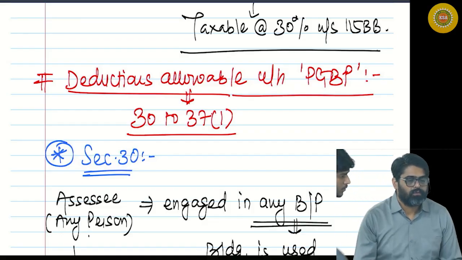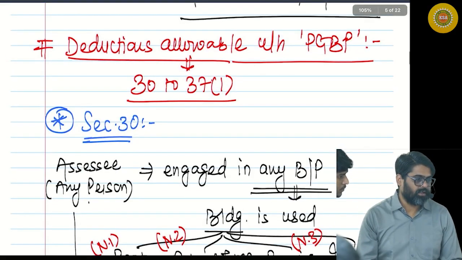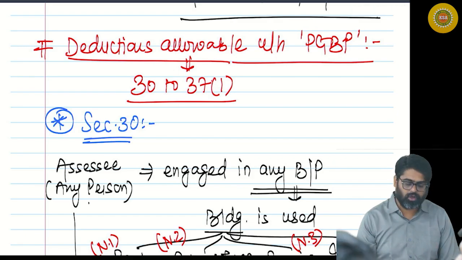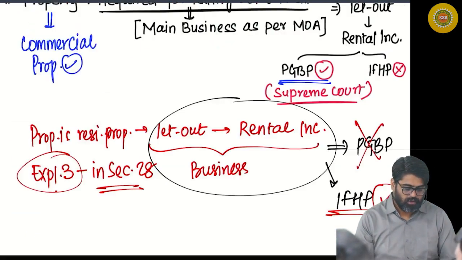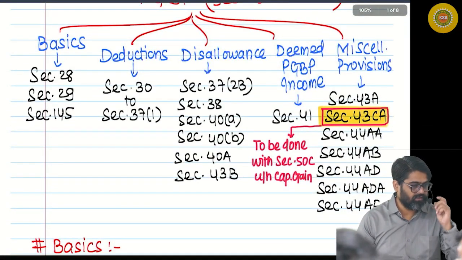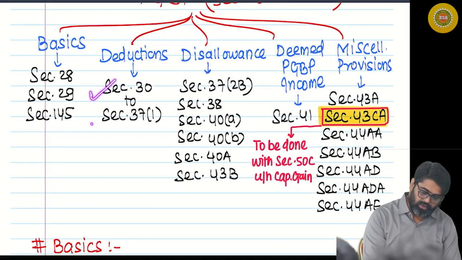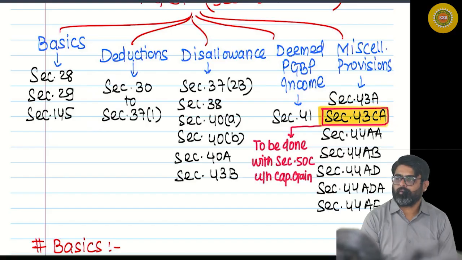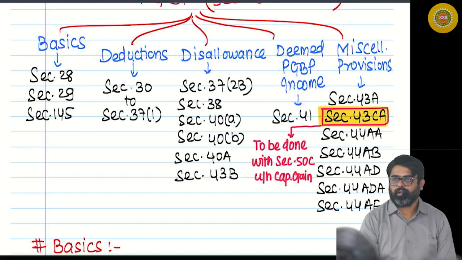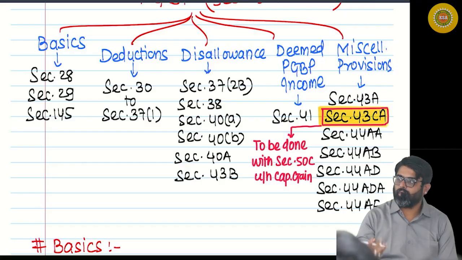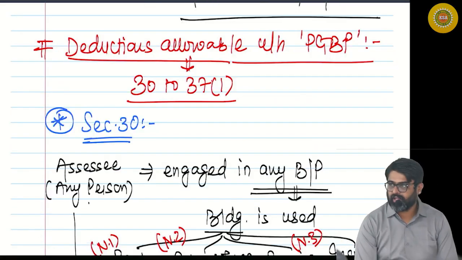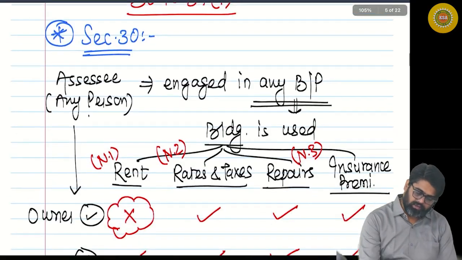Okay. Friends, pay attention. Shh. Don't talk. So the deductions which we are going to cover now. See how many deductions are there? Section 32, 37(1). All the deductions are there. One by one we are going to cover all the deductions. So first deduction which you are going to get is section